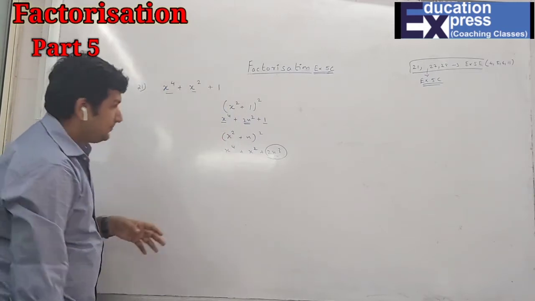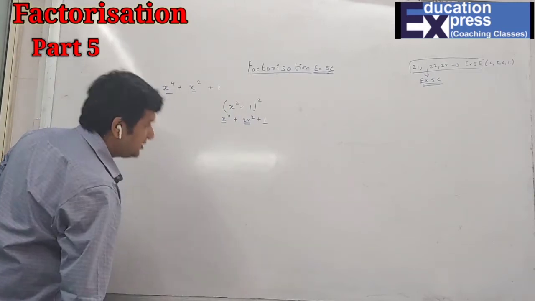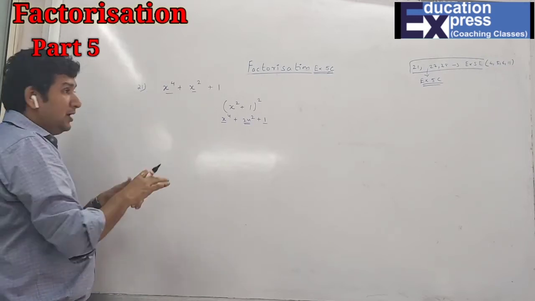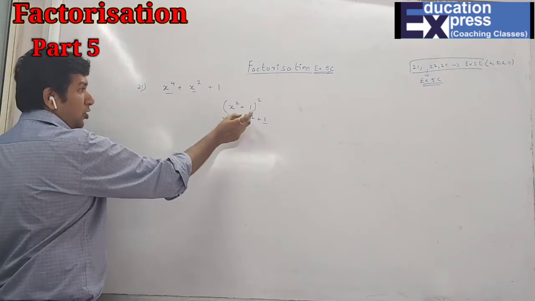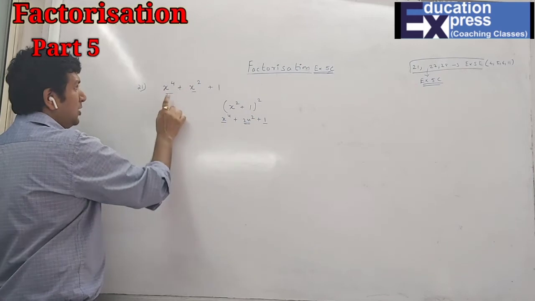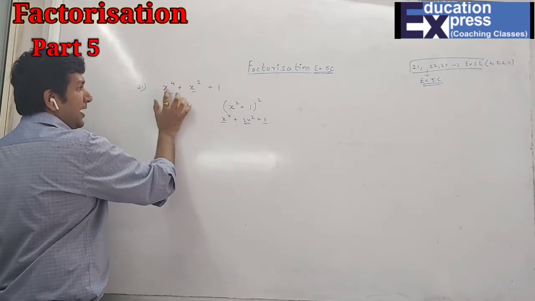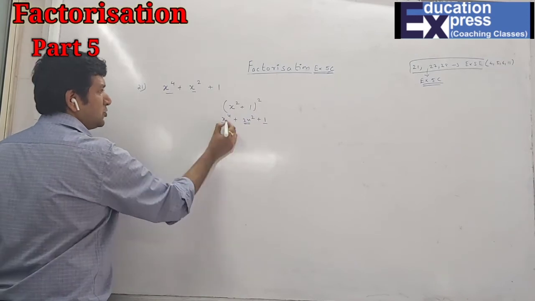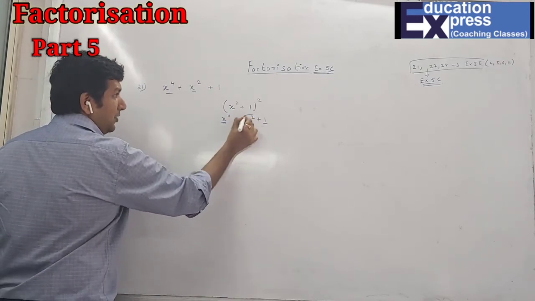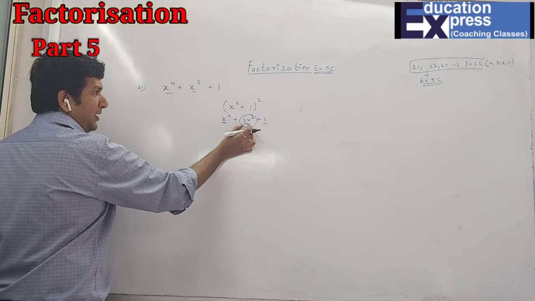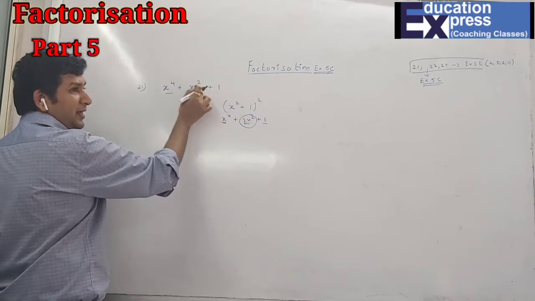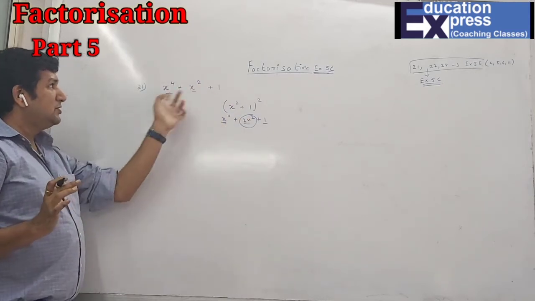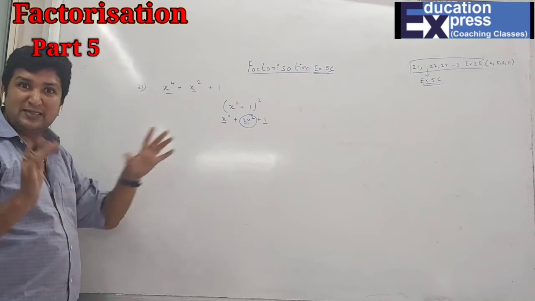So that is why you have to select any two squares in such a way that the missing number should automatically be over here. I have taken the square of x² and the square of 1, and after removing x⁴ and 1, the middle term, the 2x² term, is already present. That means the variable is already present. So this is how we will select the numbers. This is the first step.